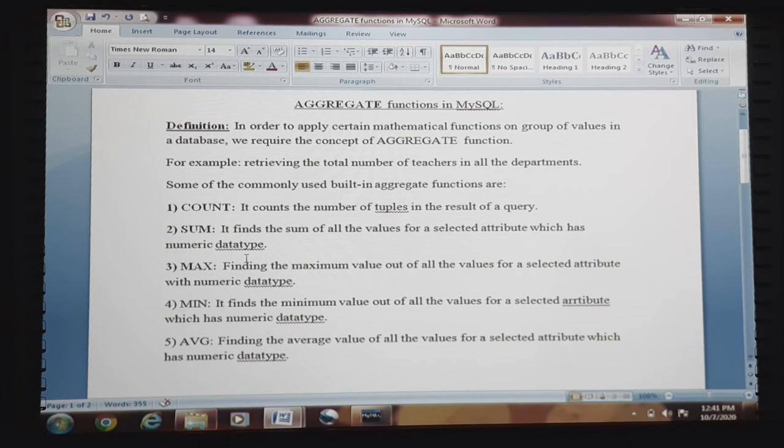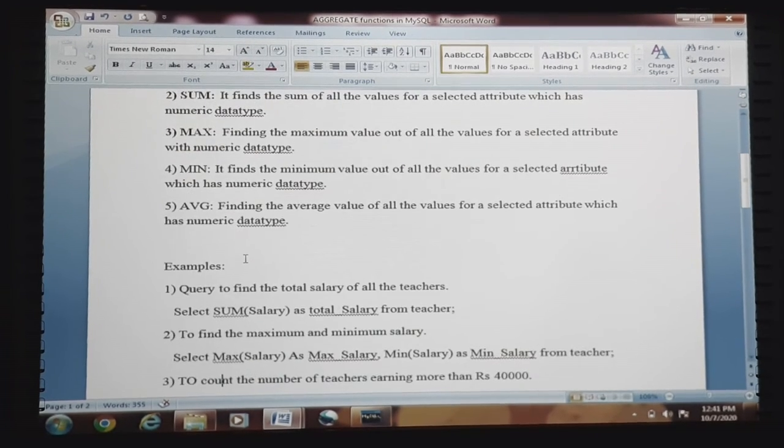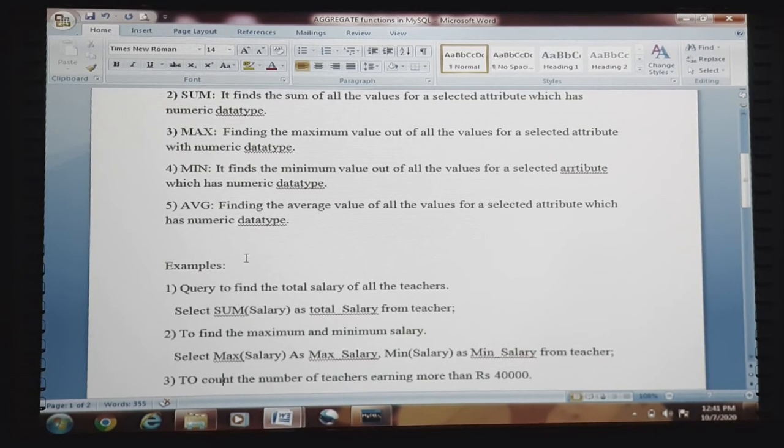So let us come to the point directly, that is, executing queries by means of these aggregate functions.